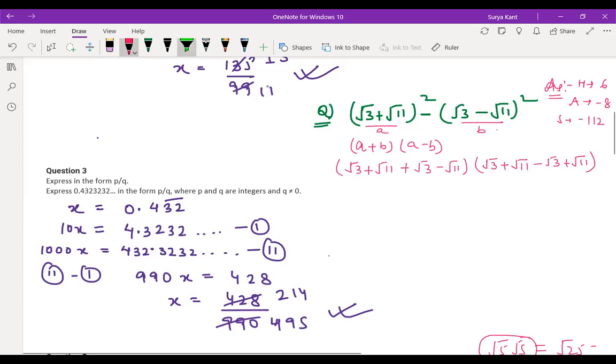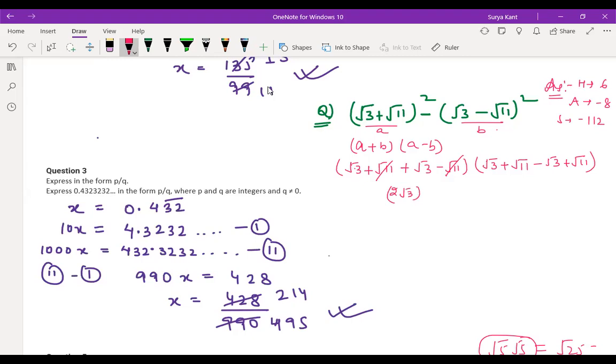Now see, here you may get confused. Sometimes you may make a mistake. If a minus comes here, then for the b part, both this as well as this, the sign will get changed. So here root 3 will come in minus and root 11 will come in plus. The sign of the b part will get interchanged completely. Now you just write here. See, root 11 and root 3 will get cancelled, and root 3 plus root 3 is what? 2 root 3.